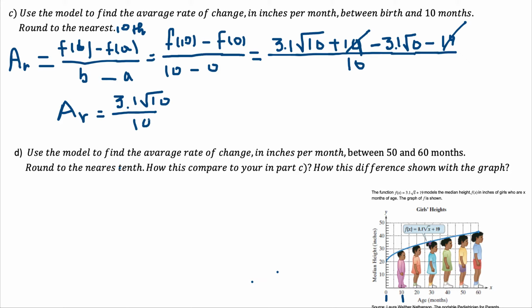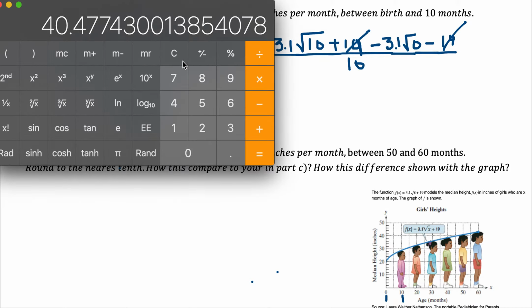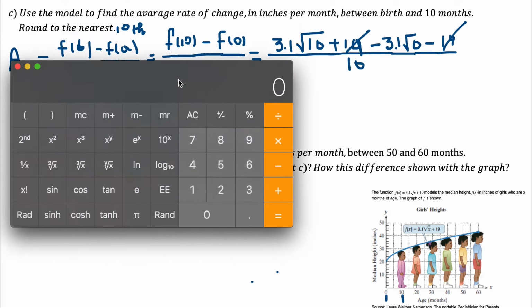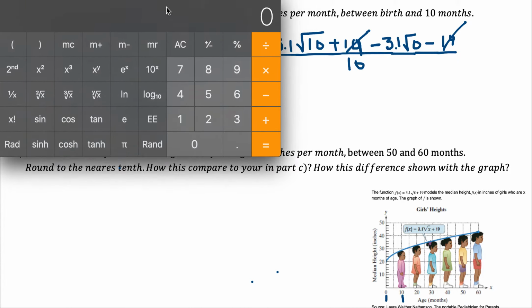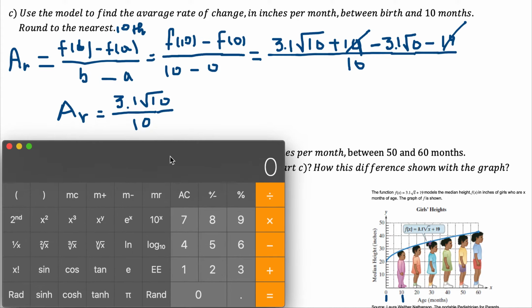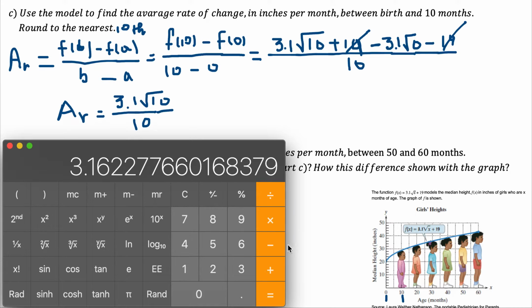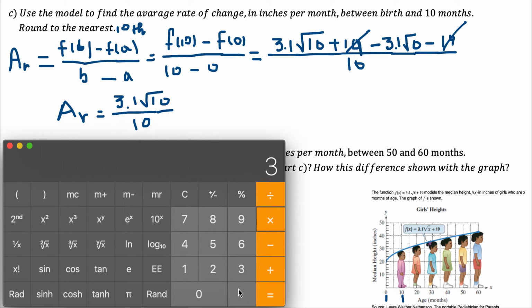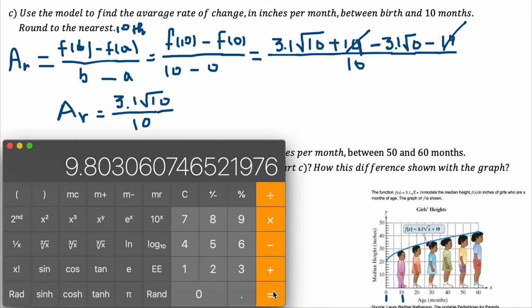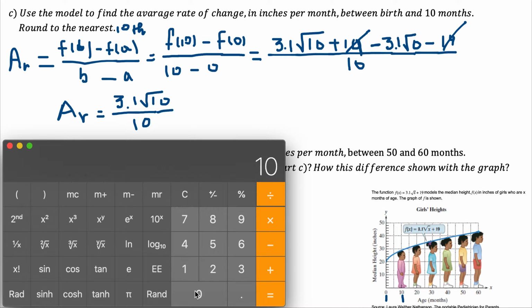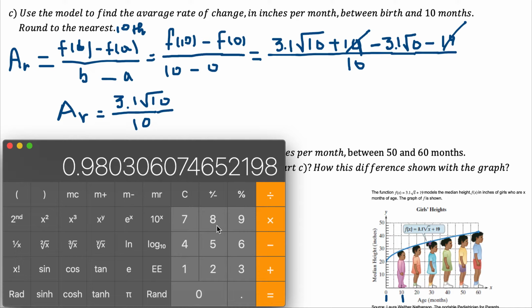So here we can calculate everything, and we can see what is the average change per month. But let me take a calculator here first of all. I have a square root of 10. Let me take a 10 here. I'm going to do the square root. I got 3.16, and times 3.1 we get 9.8. But this one we divide by 10, and the final result is